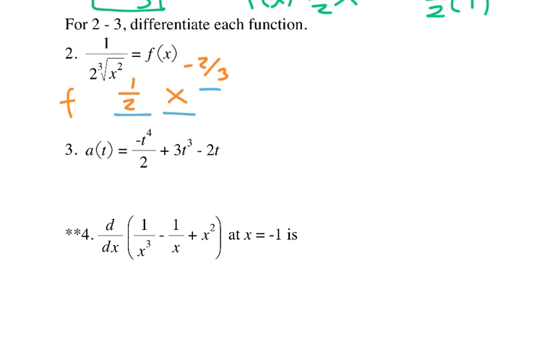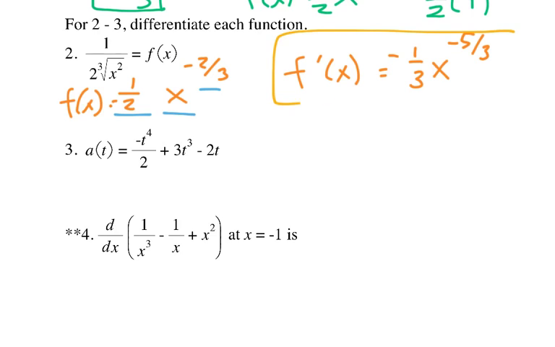So if this is f of x, then f prime of x equals negative 2/3 times 1/2. That's negative 2/6, which is negative 1/3. So negative 1/3 x, and then if I subtract 1 from negative 2/3, I get into the negative 5/3 power. So that's the derivative